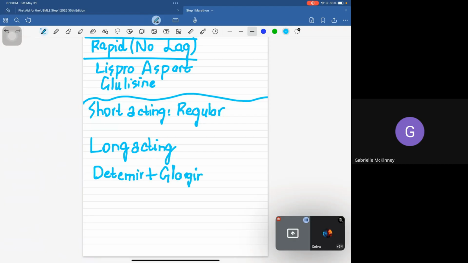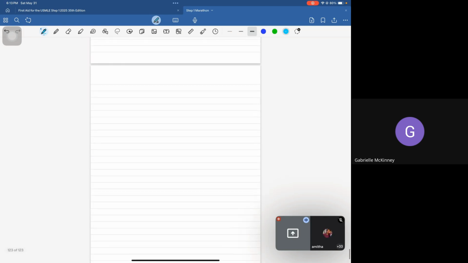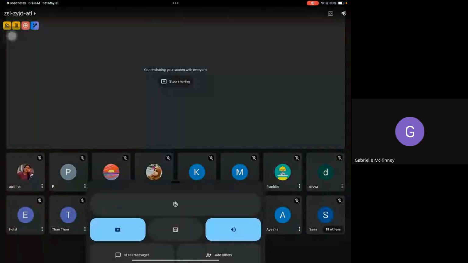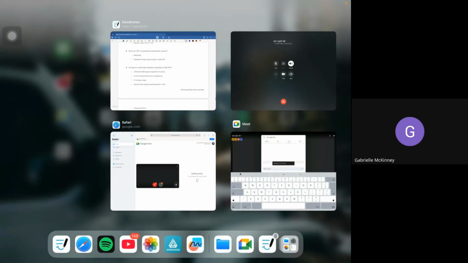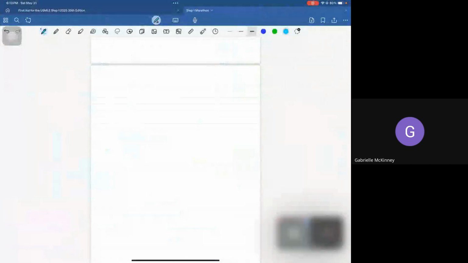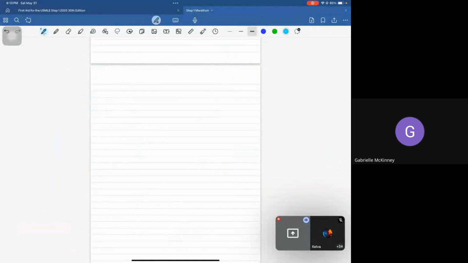Now, if you look at a normal person, for example, in case of type 1 diabetes mellitus, the pancreas are going to get destroyed and there is going to be no insulin, right? So a patient who has type 1 diabetes mellitus, the pancreas are going to be completely destroyed and the patient is not going to have any insulin. But in case of a regular person, what is going to happen is that